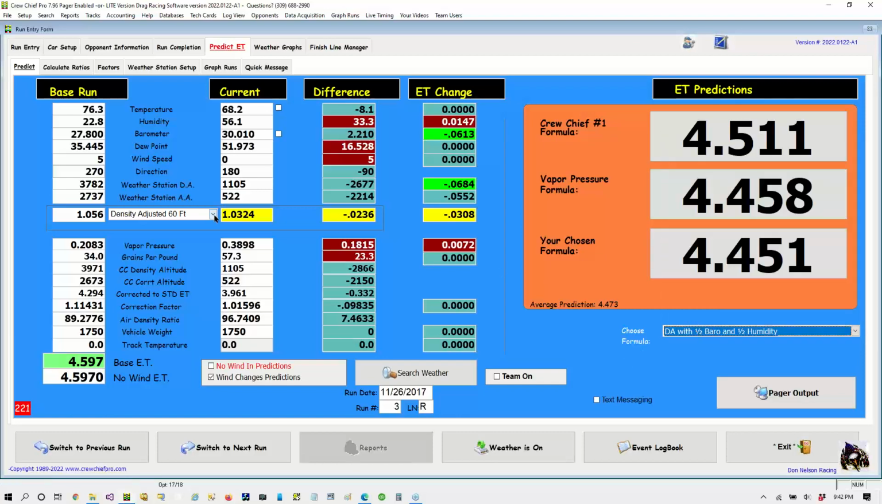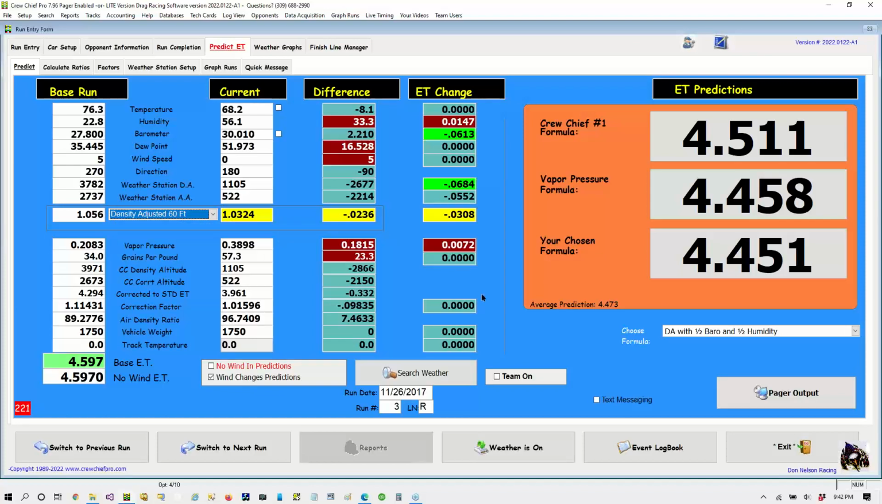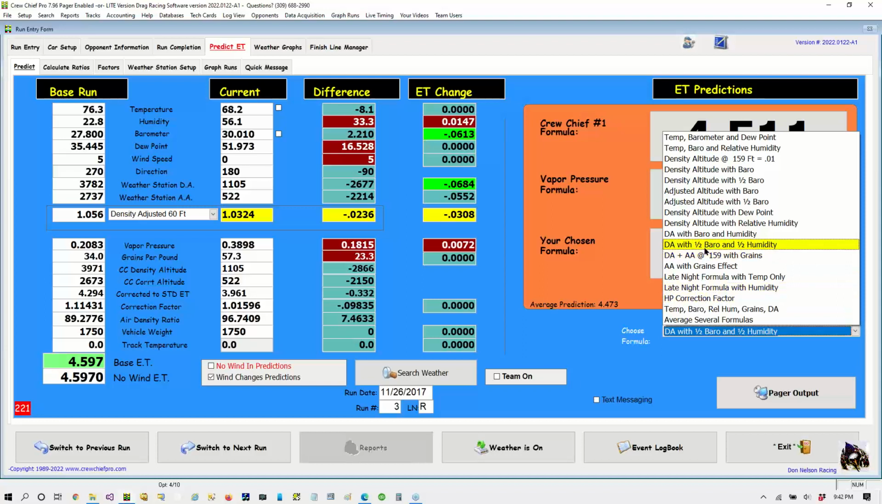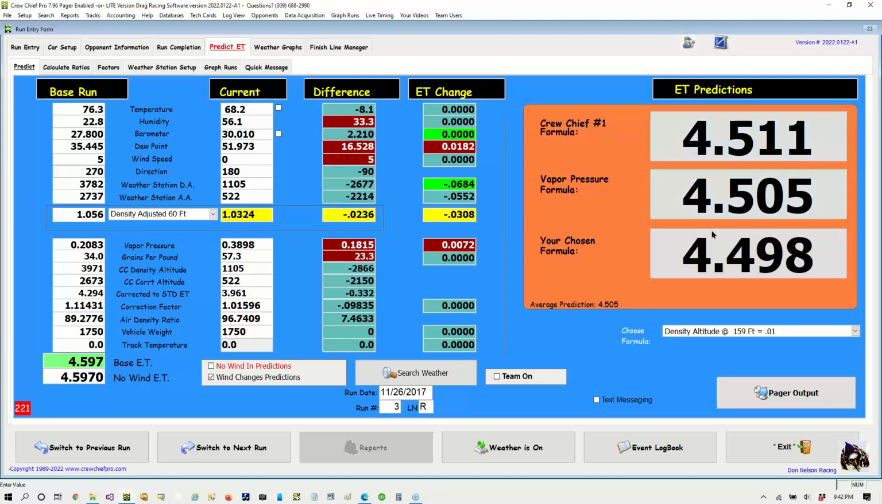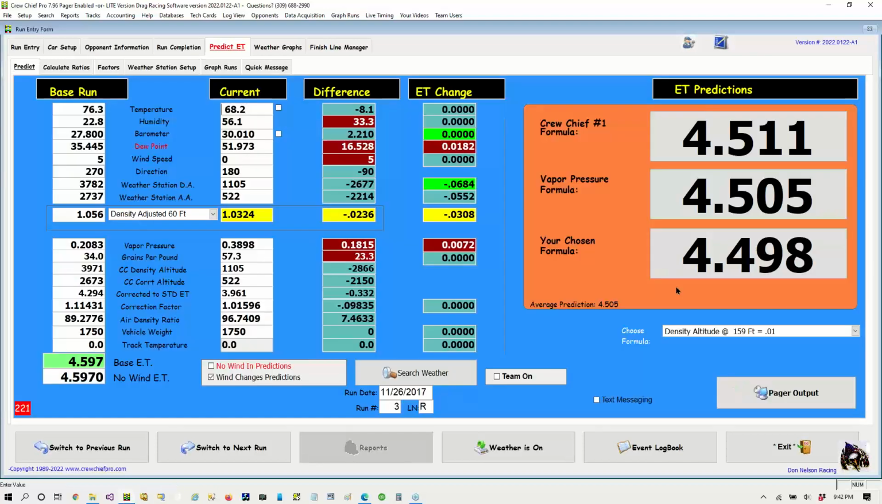Oh, this is 60 foot. Let's do just the barometer. Okay, so yeah, the barometer is a little bit cool. And again, these aren't factors you can use for this. But getting back to blown alcohol, I would select this guy right here, like I have been showing you, and